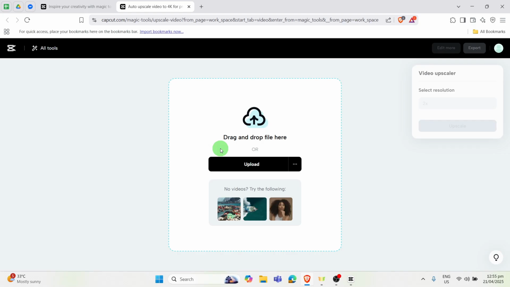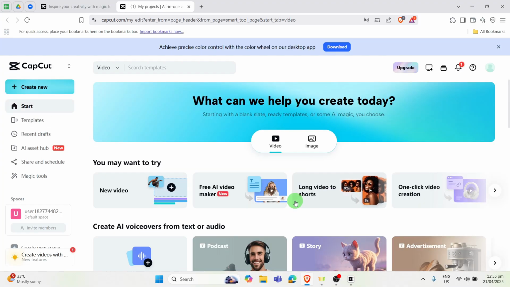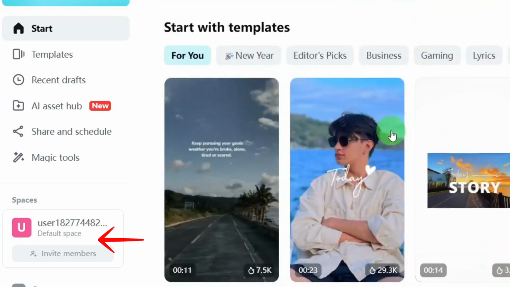So to fix that, you can go ahead and go to the home button, and another dialog box will appear here asking if you want to leave this page. So click this leave button right here, and then you want to go ahead and click this button right here that says spaces. You have to click your user or your account,